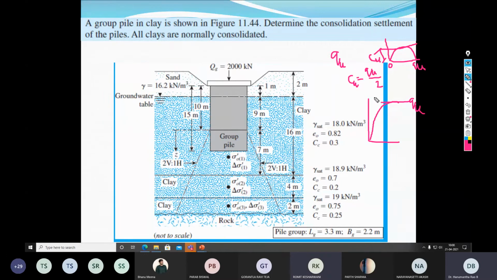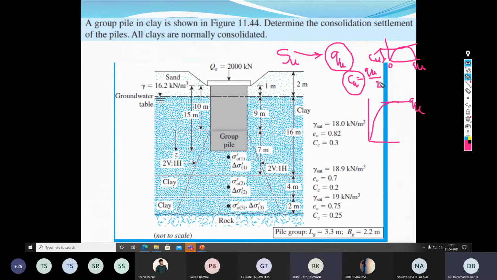No, sir, but undrained shear strength is also CU now, sir, for clay. That is undrained cohesion. QU is the unconfined compressive strength and CU is undrained cohesion. And sir, what is SU? It is another way of representing the undrained shear strength of the soil. Sir, but in the test we have taken SU equals QU by 2. I do not know, maybe I will verify it. Okay. Usually CU is equal to QU by 2.